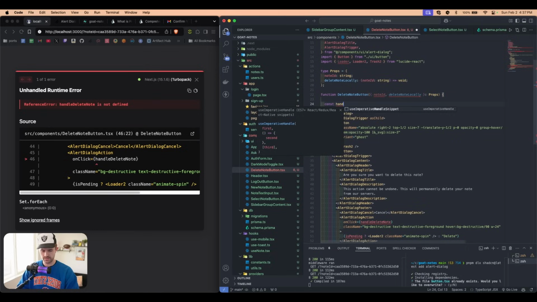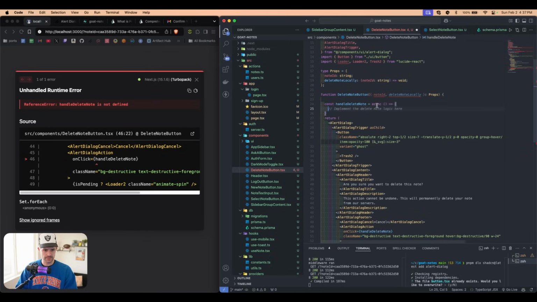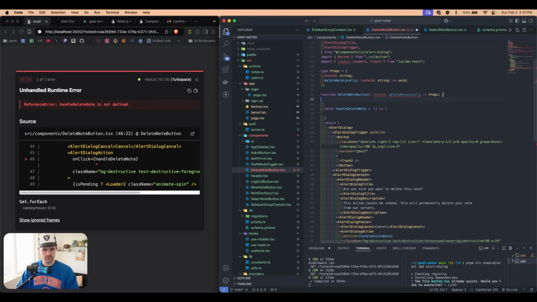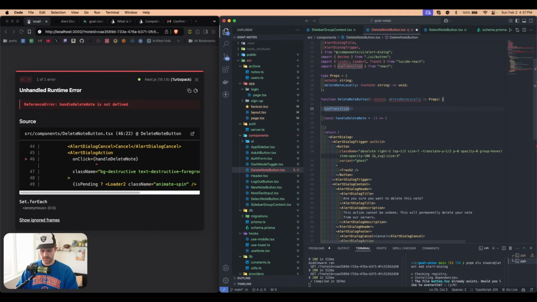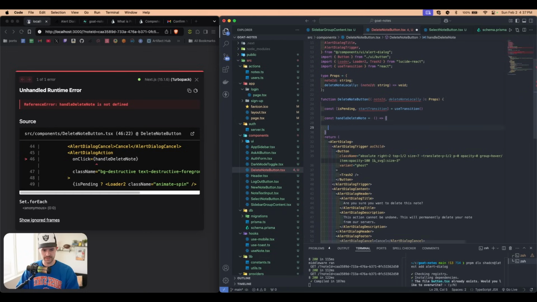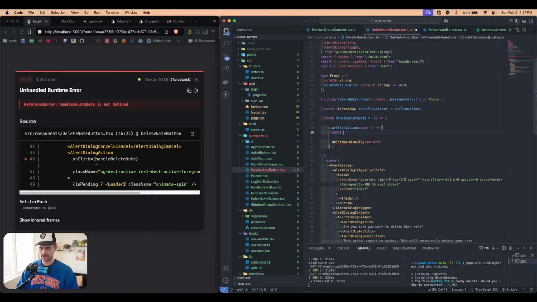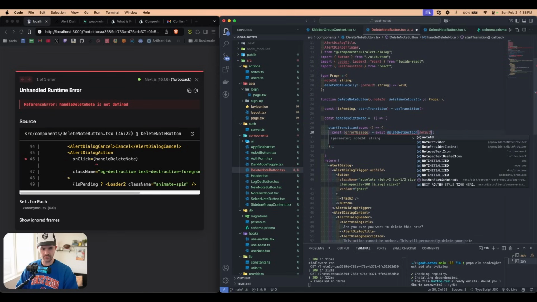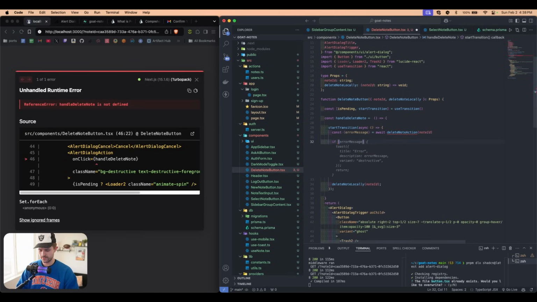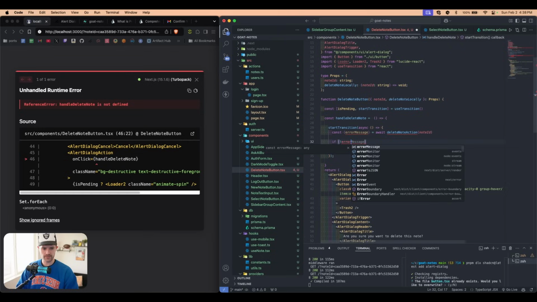And so now we need this handleDeleteNote. So we'll come right here, const handleDeleteNote. This does not need to be async because we're going to use transition. And from that, we're going to get isPending and startTransition. And then when we do the startTransition, that is going to be async. So we're going to say const errorMessage equals await deleteNoteAction, which we have to write, and we'll pass in the noteId. And then we'll say if there's no error message,